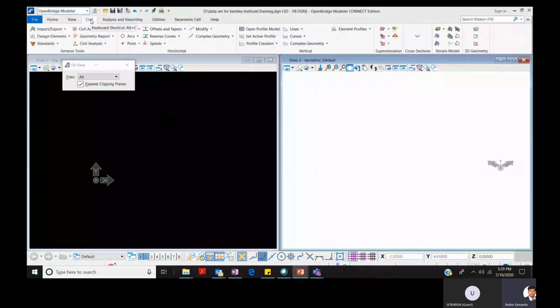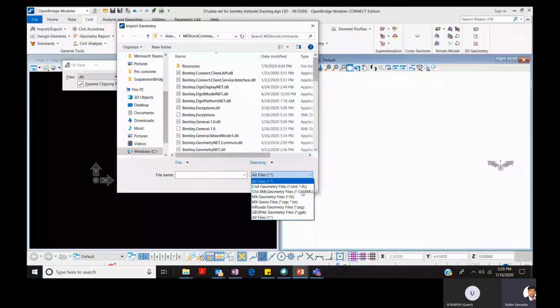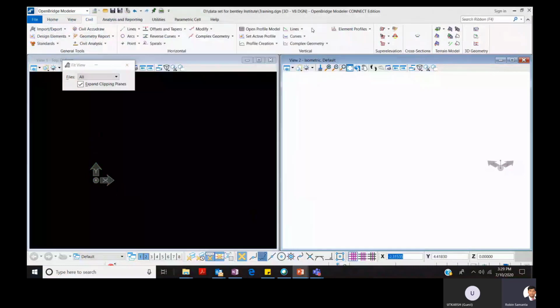Then if you go to civil, this is the setup where you can create your own civil geometry, or you can edit the civil geometry you are importing from different products. You can import the civil geometry from here, and there are different options for the file formats which can be read by OpenBridge Modeler. From here you can see the file type, and you can import through these options.